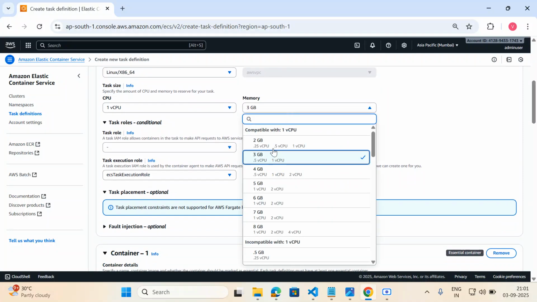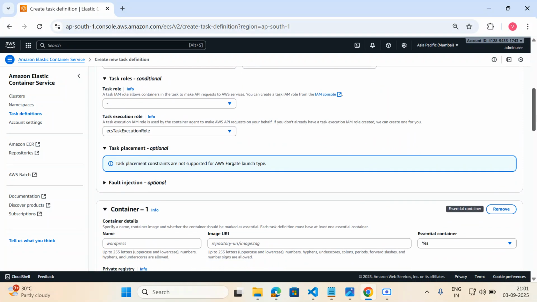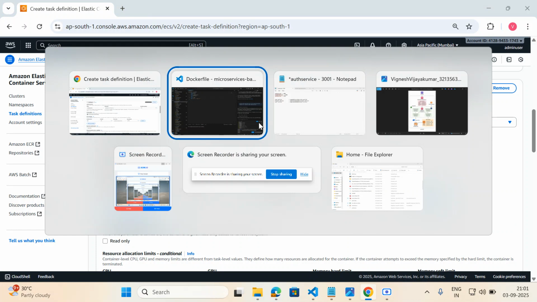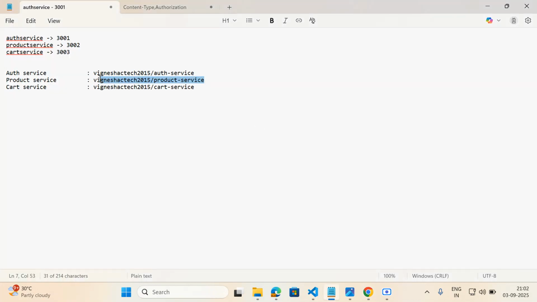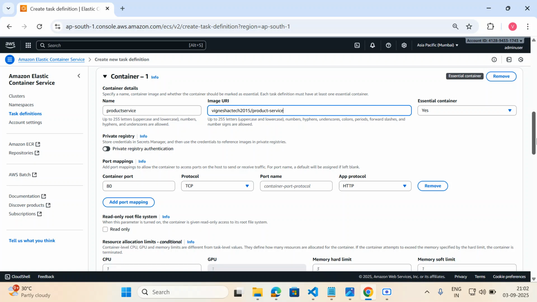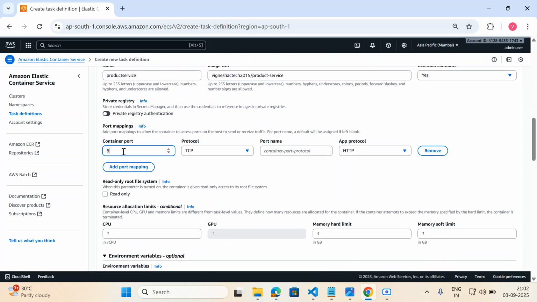Let's go for the same memory we used for the auth service, and the container name is product service, and the image is Vignesh Tech and product service, and this is going to run on 3002, and the port name,